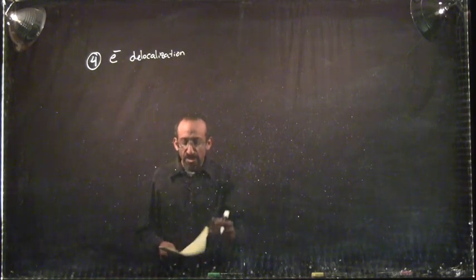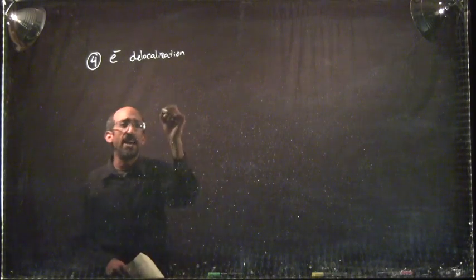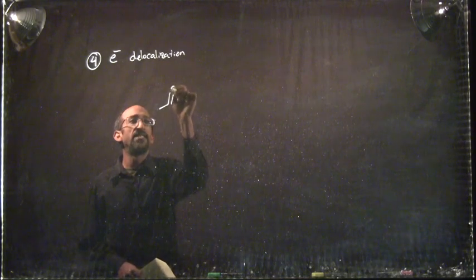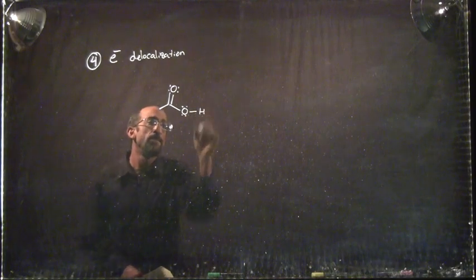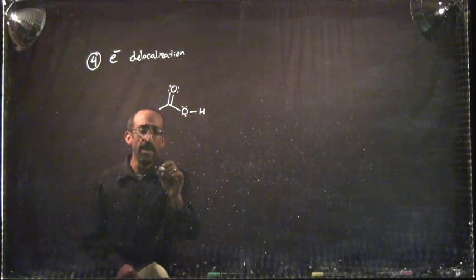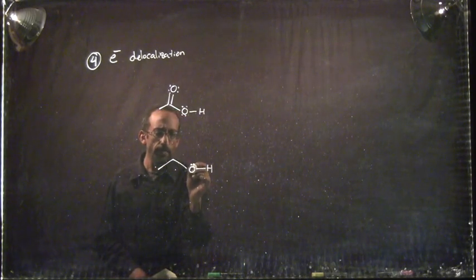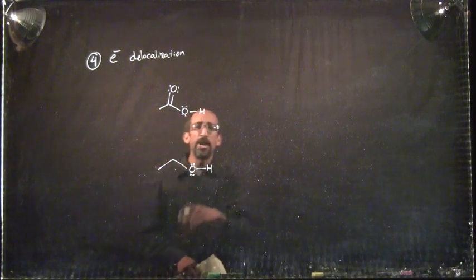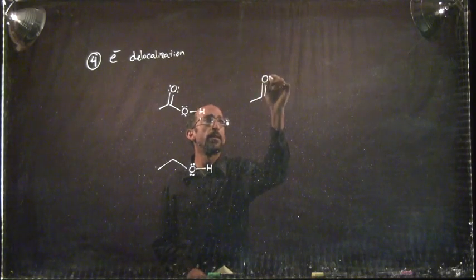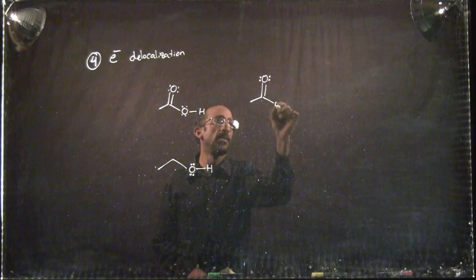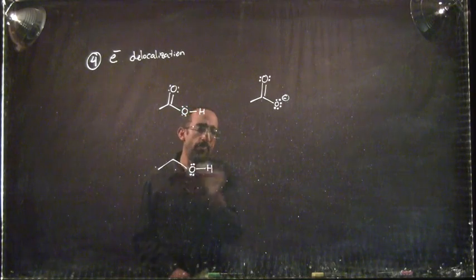For this, I'm going to use two oxygen acids for our examples. So the first oxygen acid I'm going to use is going to be acetic acid. And the counterexample for this is going to be an alcohol, and I'm going to use ethanol. Now, when we generate the conjugate bases of these, for acetic acid, and ethoxide,